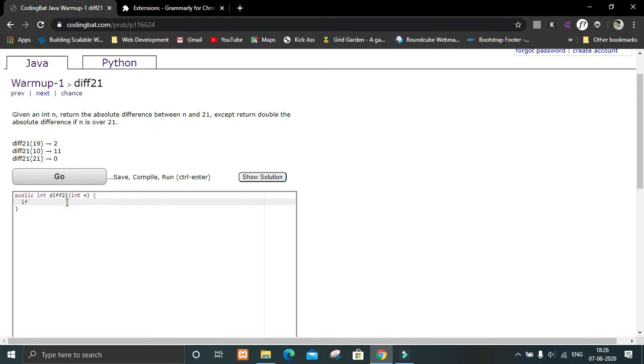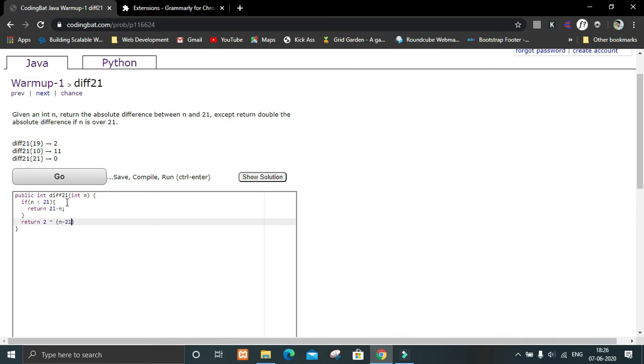Then if n is less than 21, then we will have to return 21 minus n. Simply, we don't have to do any modifications or anything. We will simply have to return 21 minus n, that is the value we have given, or we have to return 2 into